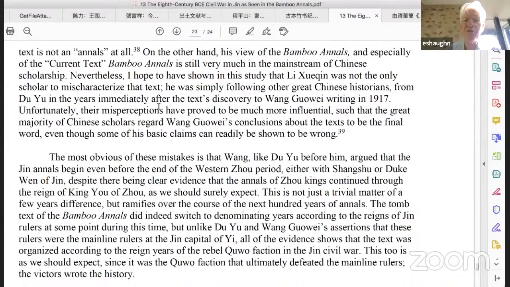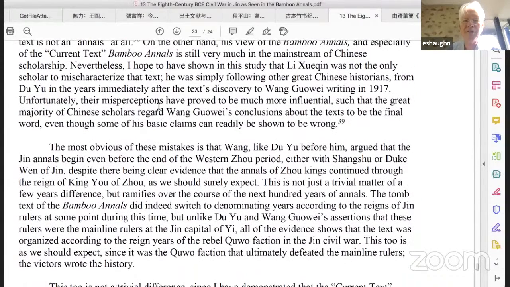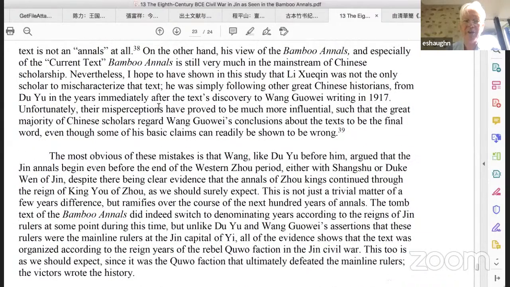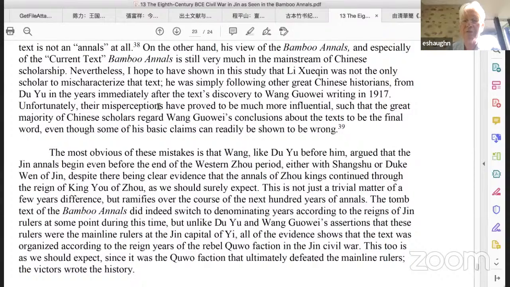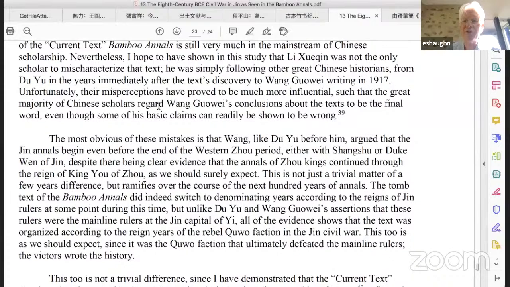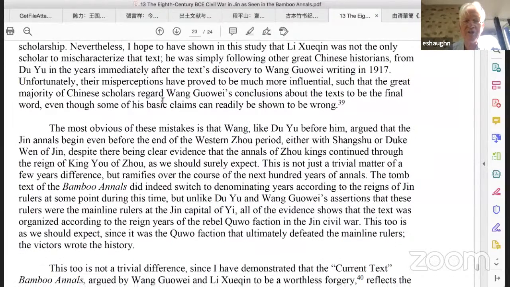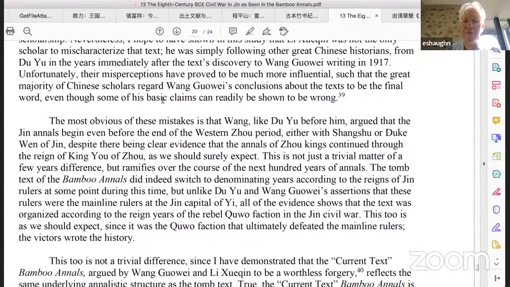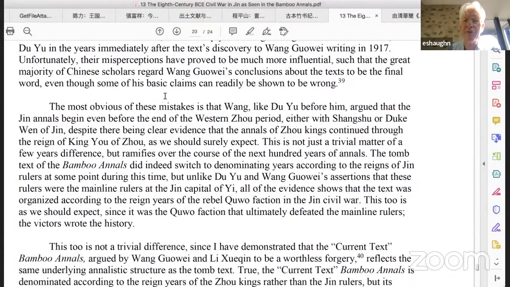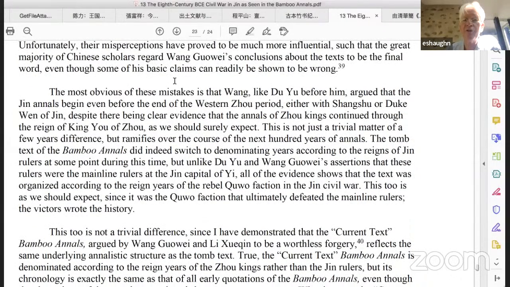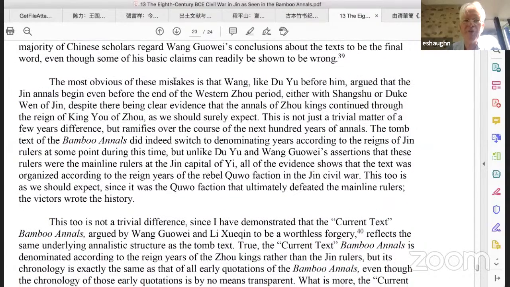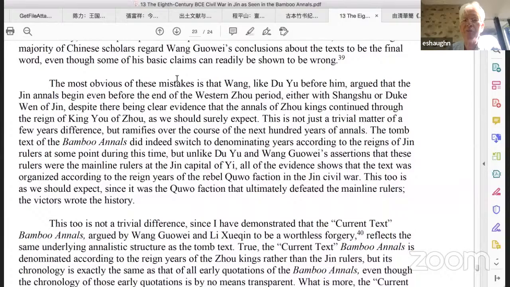So I hope to have shown in this study that Li Zhiqian was not the only scholar to mischaracterize that text, which is to say the Zhushu jinian and the Muban. He was simply following other great Chinese historians, from Du Yu in the years immediately after the text discovery to Wang Guowei writing in 1917. Unfortunately, their misperceptions have proved to be much more influential, such that the great majority of Chinese scholars regard Wang Guowei's conclusions about the text to be the final word,